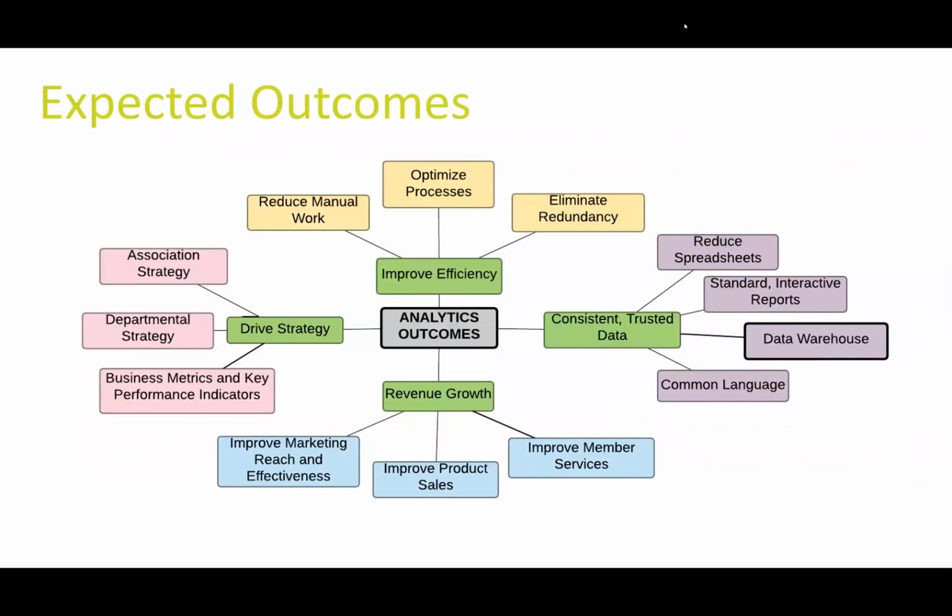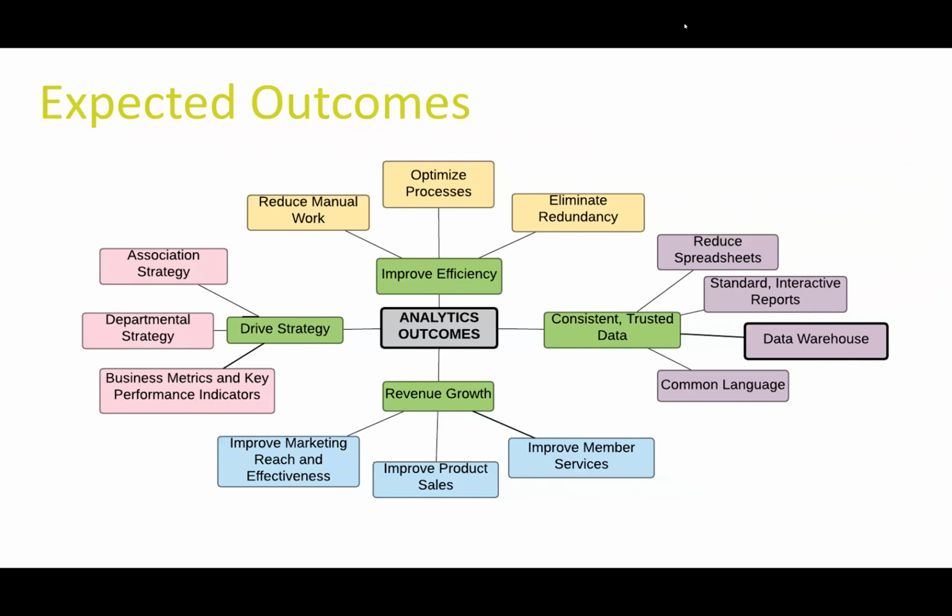So some expected outcomes that you should have from any sort of analytics that you do. So you want to improve efficiency. You want consistent, trusted data. This could be the most difficult one, and again, comes down to having good data governance and good data practices. Revenue growth and driving strategy. So kind of one step further from that, you want to be able to reduce manual work, optimize processes, eliminate redundancy. The trusted data, a place that you could go is a data warehouse, again, a central repository,